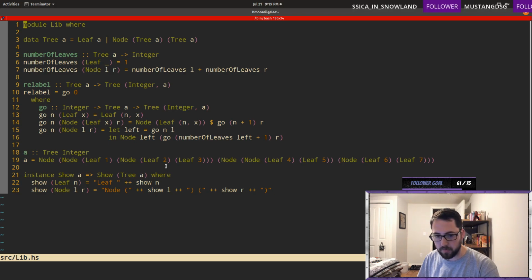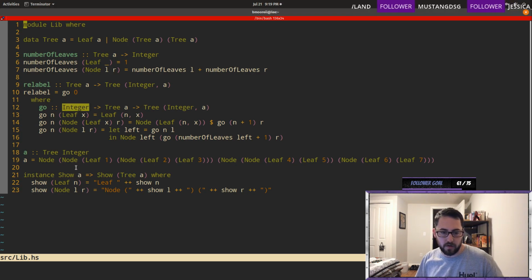Return a tuple. Well, what's the other thing that I store? Return a tuple where?